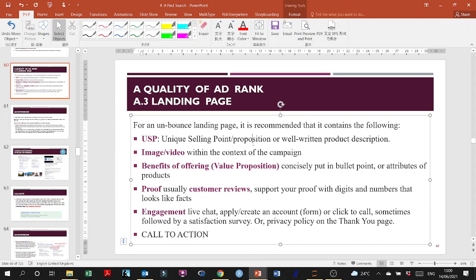to visualize it and how to not write it in paragraphs, but in bullet points. It's better in bullet points. And then how we also use videos and images is better for digital marketing and optimization. Benefits of the offering, the value proposition, of course, the proof, your positioning, why are you different from the competitors also. Engagement, if there is of course a possibility that you add here,